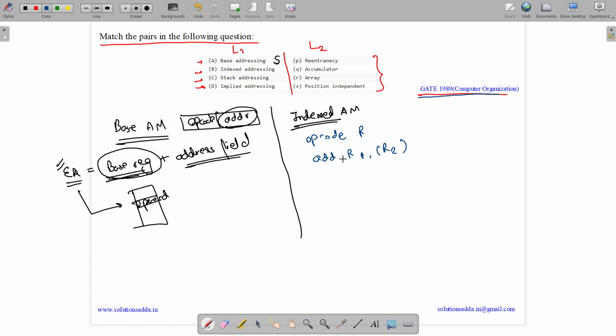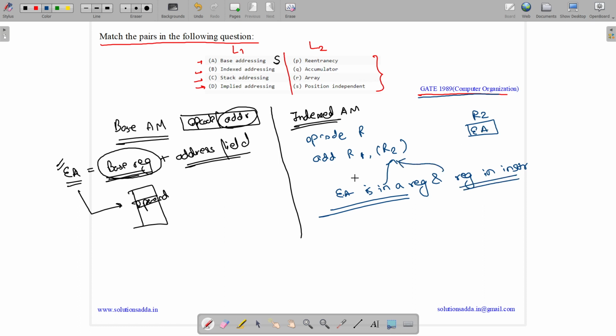What is basically happening is that the effective address is in a register, and the register is given in the instruction. So here the effective address is in the register R2. We have a register R2 which has our effective address, and R2 is present in the instruction.